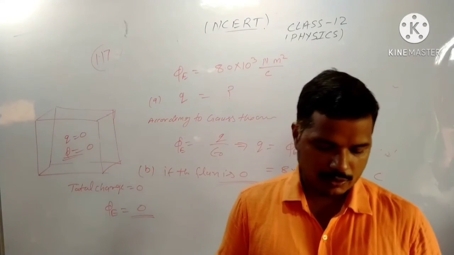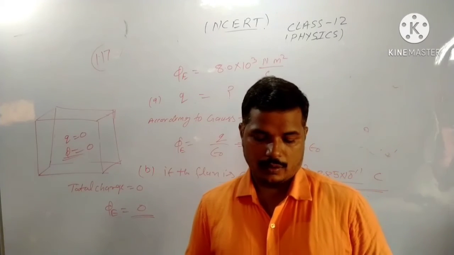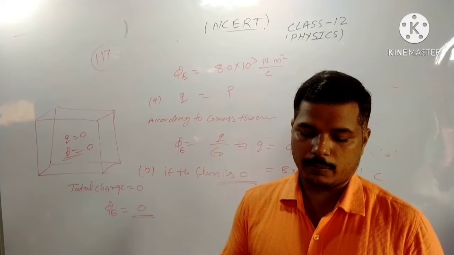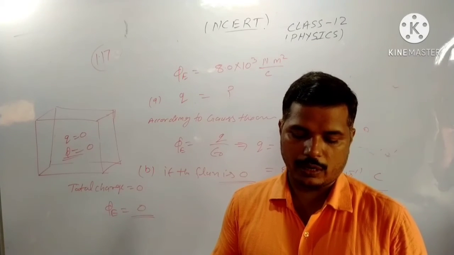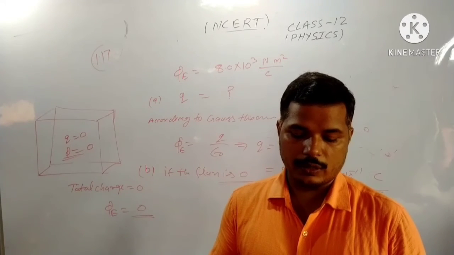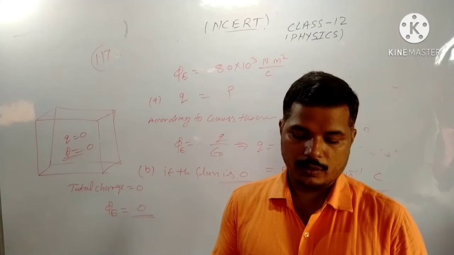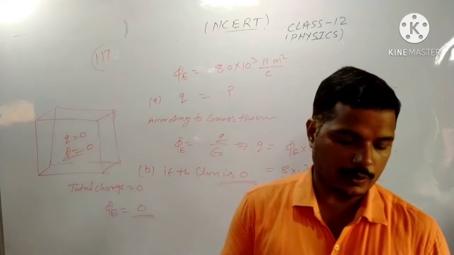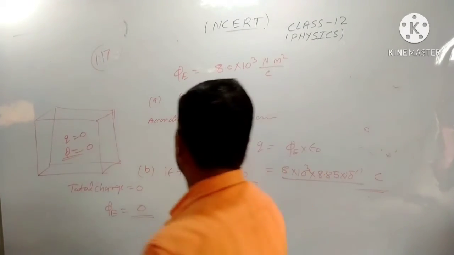Now question number 1.18. A point charge 10 microcoulomb is a distance 5 cm directly above the center of a square of side 10 cm as shown in the figure. Okay. What is the magnitude of the electric flux through the square? Hint, think of the square as one of the face of the cube. Okay. Now question number 1.18.